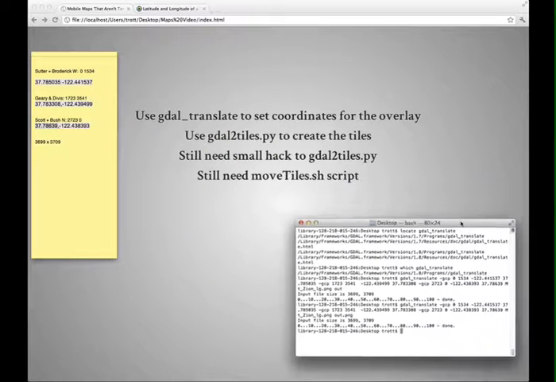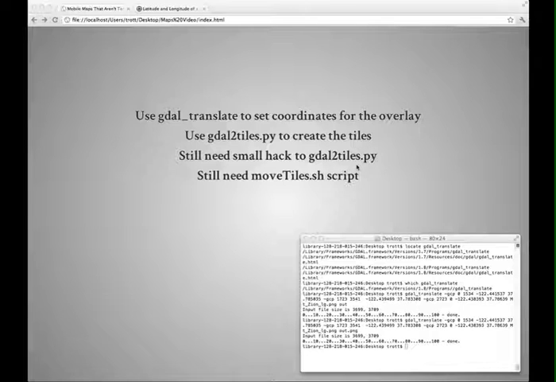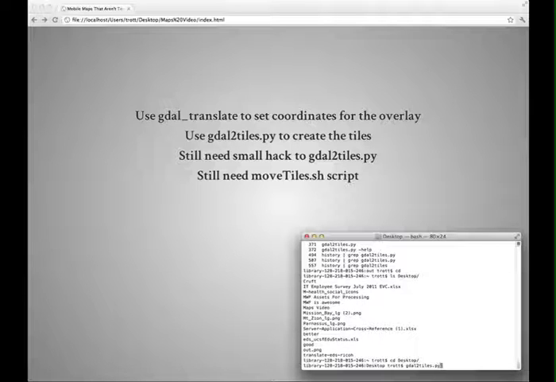Now, a note before we continue. We're going to now use gdal2tiles.py. If you do not want the little border artifact that bothered me so much in one of the previous videos, you will have to include the small hack to gdal2tiles.py that I describe in one of the previous videos. Additionally, gdal2tiles.py still puts the tiles in a format that is not compatible with Google Maps version 3. We need to run the movetiles.sh script that I also described in a previous video to move the tiles to the correct location. Let's run gdal2tiles.py